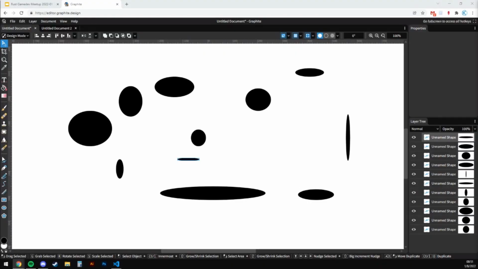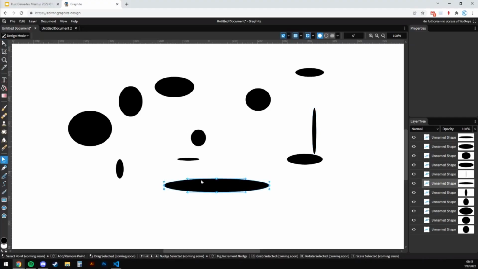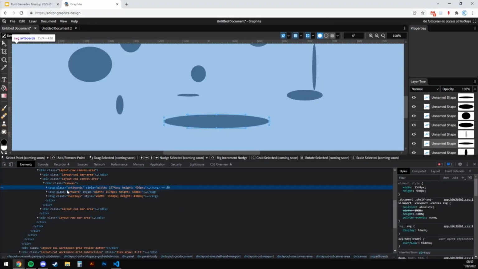Then let's see, what else do we have? We have a new overlay system. Basically, all of the blue overlays that show you when things are selected, all of the blue stuff that is contextually showing you stuff that's not part of the actual artwork, was refactored to now have a separate SVG. If you're curious, we have a separate SVG on top of the other SVG. So all of this stuff is actually